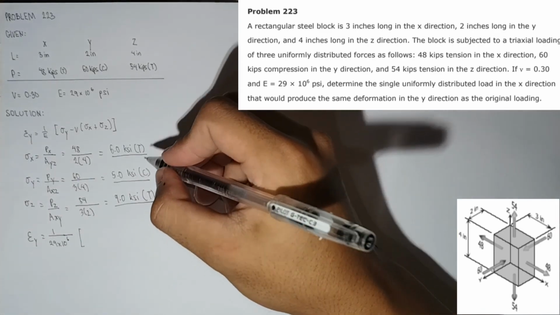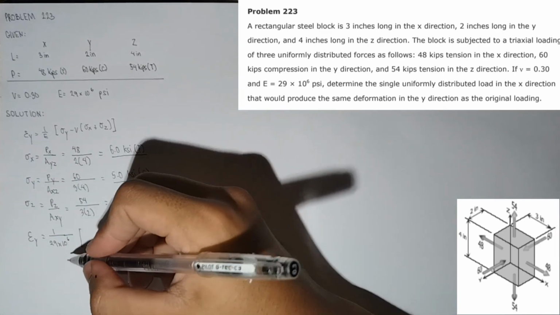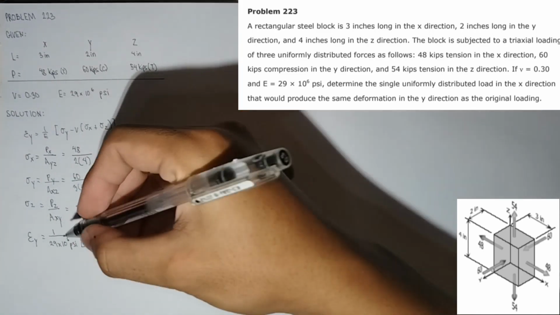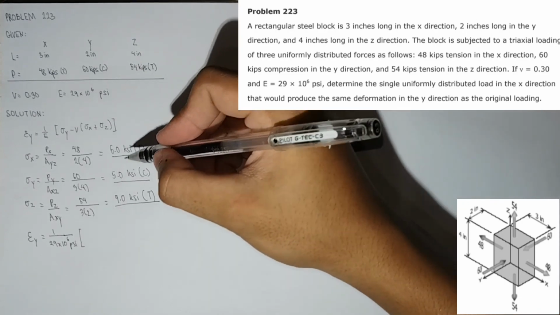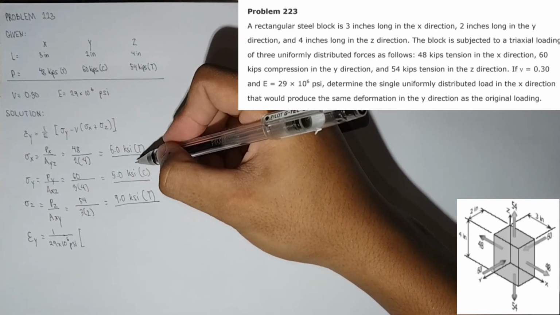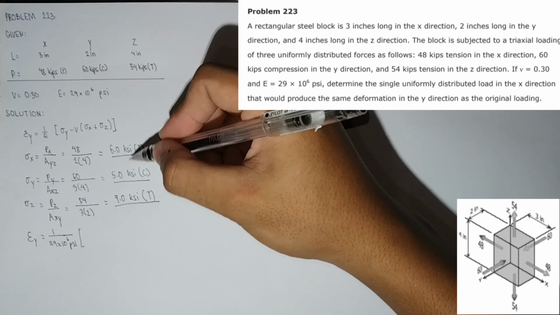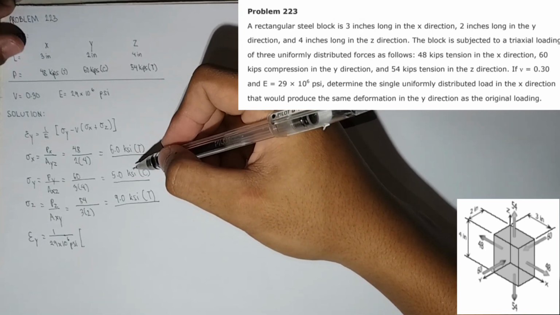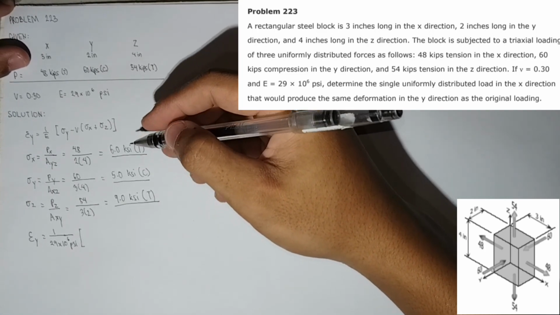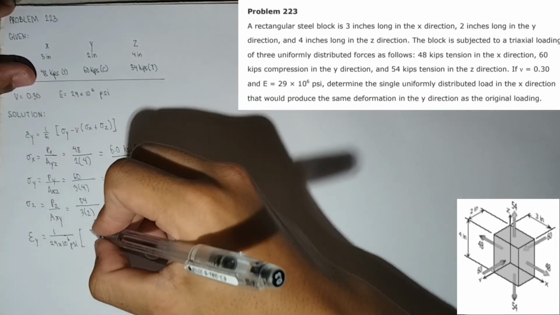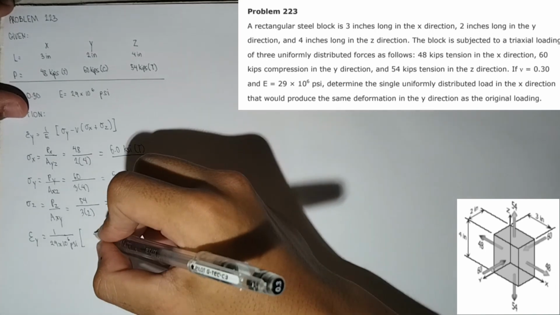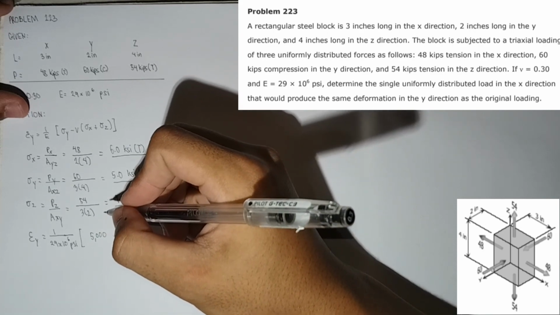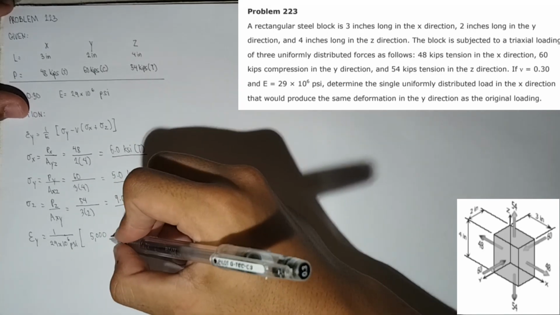So guys, looking at the formula, since our modulus of elasticity is in PSI, our stresses are in KSI. We are going to convert these stresses or these units into PSI. So this 5 KSI would be 5,000 PSI